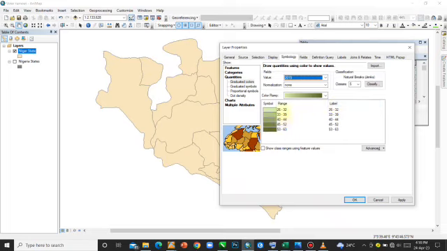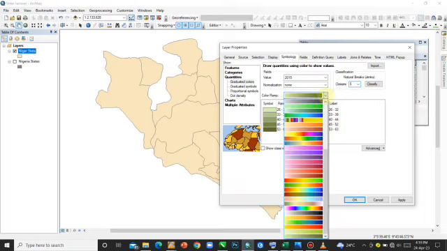As you can see, we choose classes of 5. Classes of 5 is like a standard, depending on the variation of the data in your map. So these are 5 classes. It shows that the minimum is 26 and the highest is 63 in this data. Your color ramp is what we're going to use next. Just check your color ramp, and then we're going to look for not a very varied